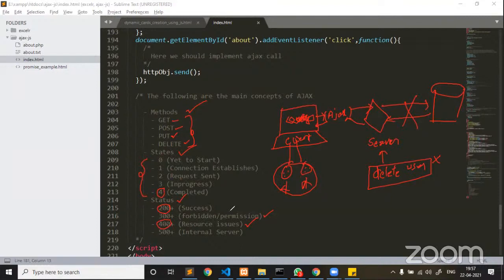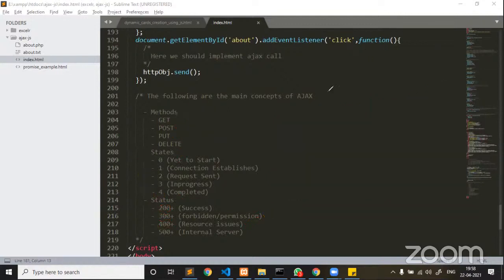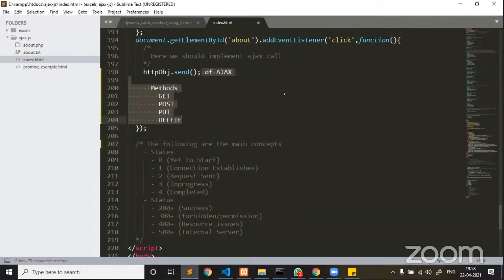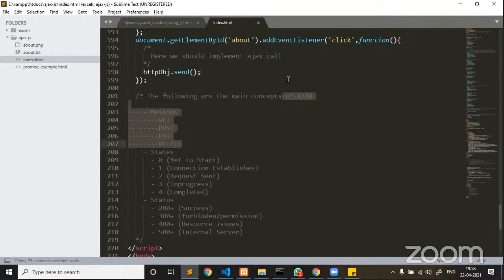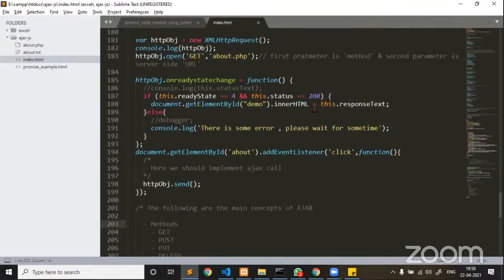So this is the series of errors that we are explaining here. These are the main concepts which every developer has to remember when planning to integrate any Ajax calls. Now methods, states and status, these are the main core concepts. Next, let me see here. So when you are sending a request from client side to a server,